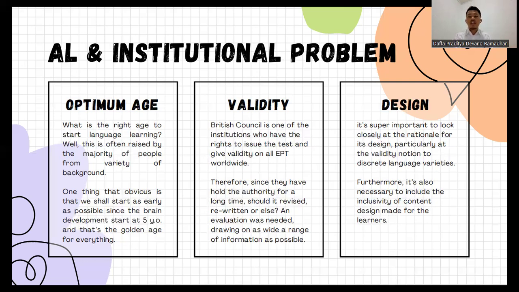But sometimes the EPT test does not consider that in each country where they are settled. For example, in India they have very strong accents, but sometimes the accents could be mistaken when taking the EPT test, since we have to adjust ourselves to the standard of the English native speaker's accent, for example, from America or from Britain. But we forgot about the inclusivity.